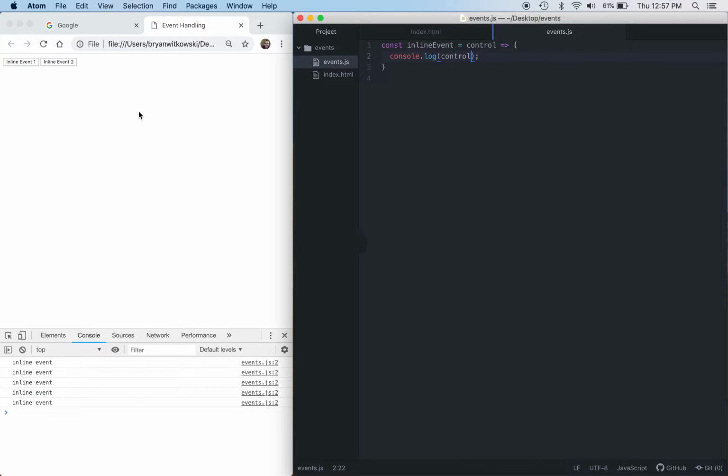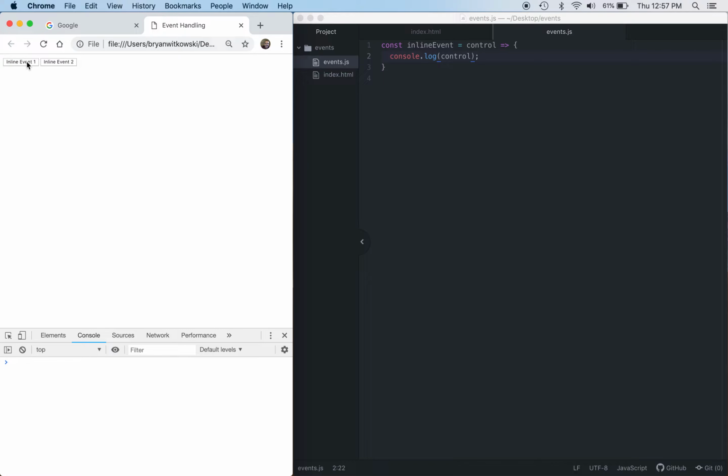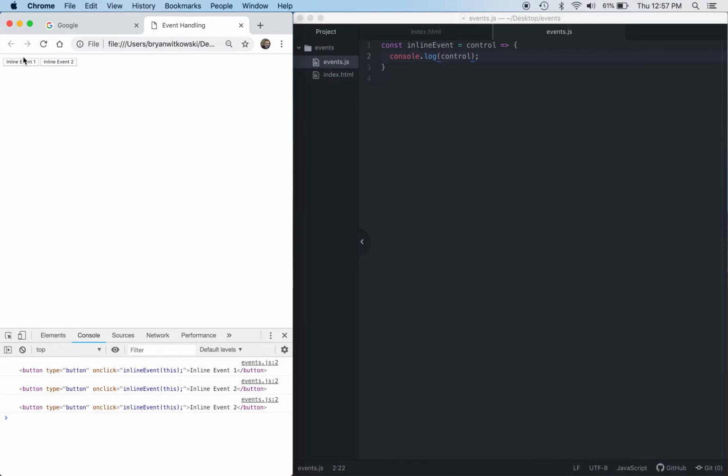Okay, so I go ahead and refresh this. You'll notice I get the first button, and then the second button, and second button, and first button. So you can see how I'm getting different data depending on which button I'm triggering. Another thing that's going to come up with this is, let's say I wanted to embed some data with